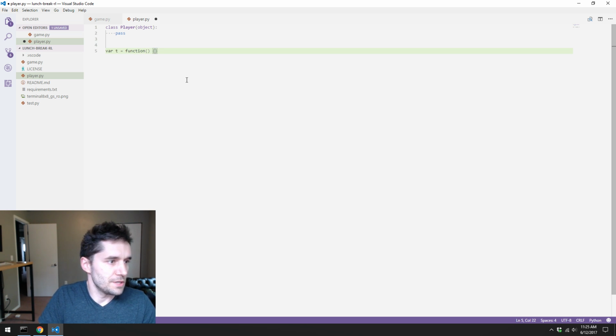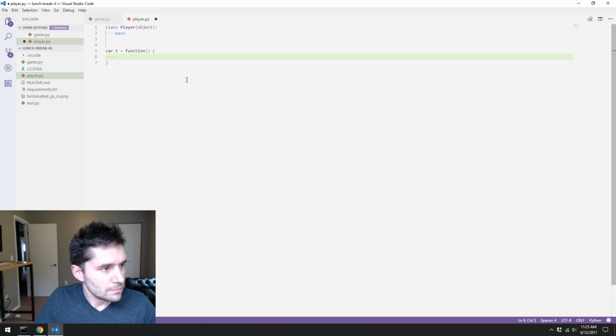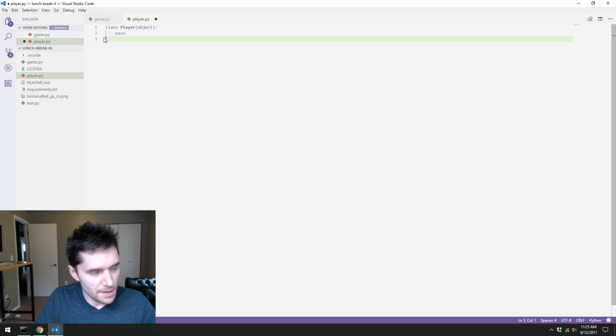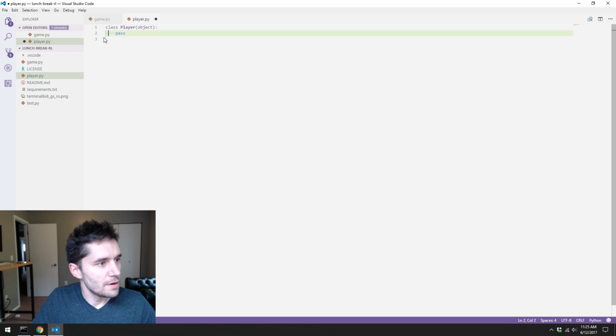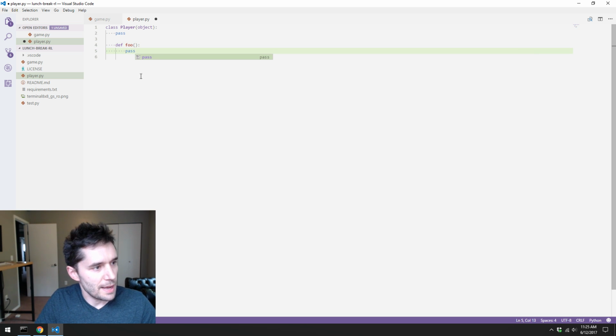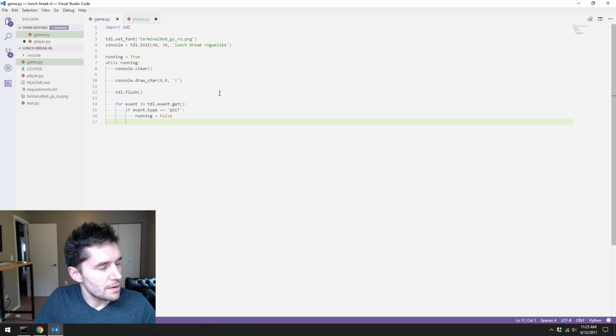And this is a JavaScript looking thing, right? And the scope is defined by these curly braces, whereas Python uses white space. So you need to make sure you have your tabs. And this pass, because you can't do this, it'll complain that there's no implementation of player, but you can put a pass there. It's useful for stubbing stuff out, like def. Define a function called foo, and I don't want to implement it right now, so I just leave it as pass. But what this should do is allow us to here say